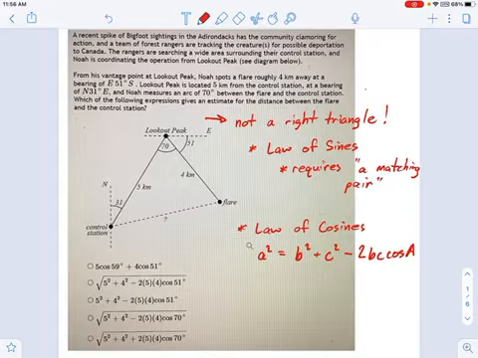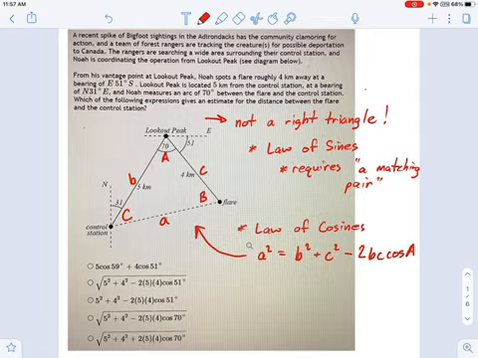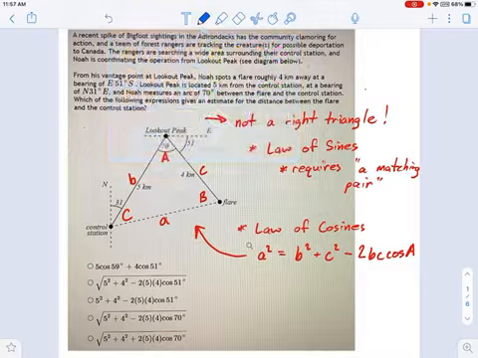So what I'm going to do now is apply this formula to this triangle in here. And you see this little side right here? That's what I want. That's going to be side A, making this angle up here angle A. And the other sides, it doesn't matter how you label them. I'm just going to label B and C, as long as you're consistent and you recognize that angle B is across from side B and angle C is across from side C. Okay, so now let's plug in the numbers from the picture and see what we get.